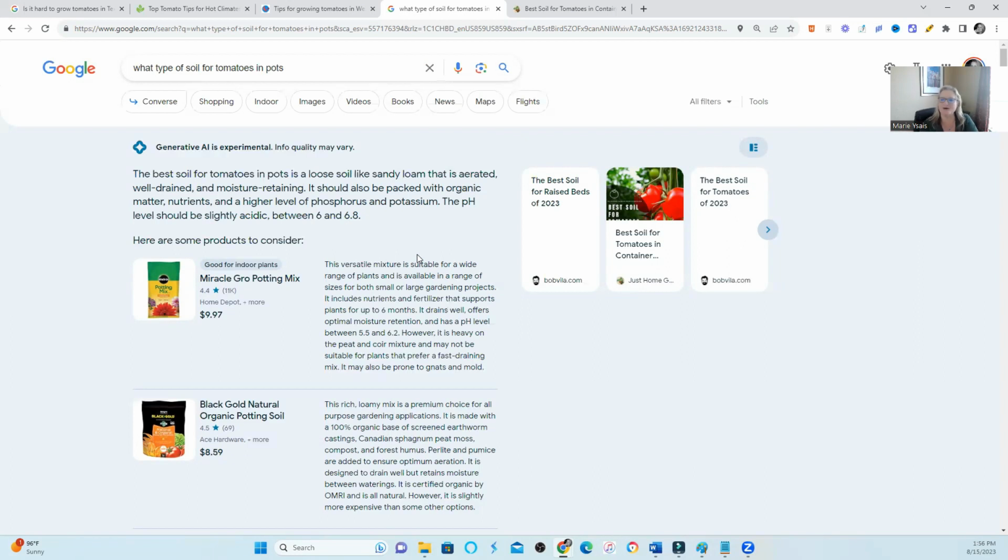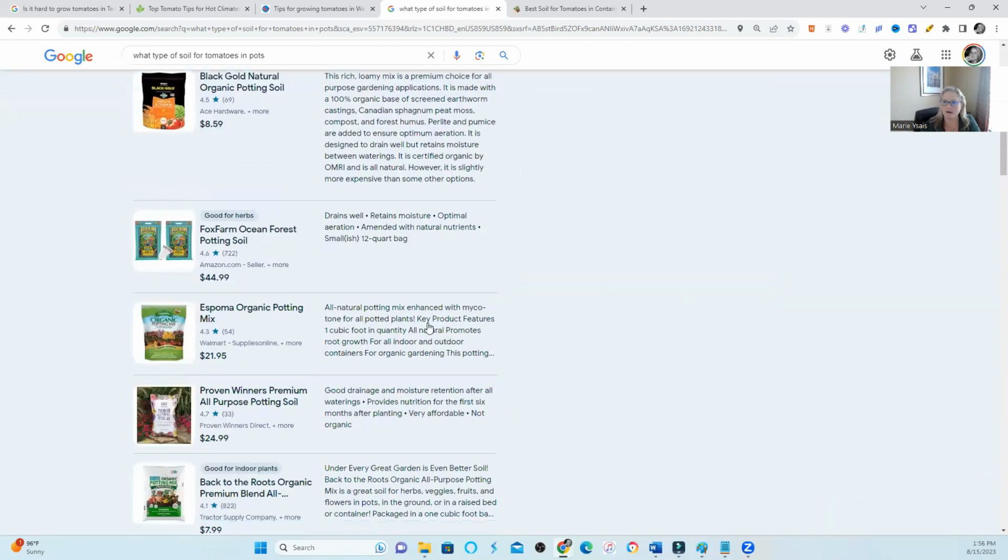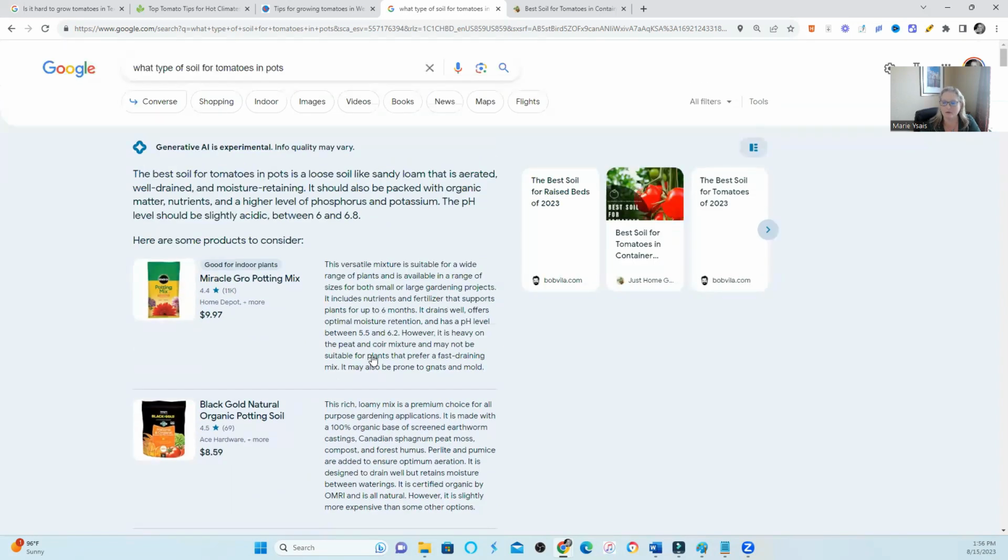So it's no longer, can you get your site to show up in SGE? For me, the question becomes, what queries will we lose as affiliate site owners? And how fast will it progress once it's launched? So we will lose traffic, we will lose clicks. There's no doubt about it. But for what queries? That's still what we're trying to contemplate. And for me, it becomes how progressive and how quickly will they move into other types of queries and uncharted territory. So eventually, will affiliate sites begin to get squeezed little by little,